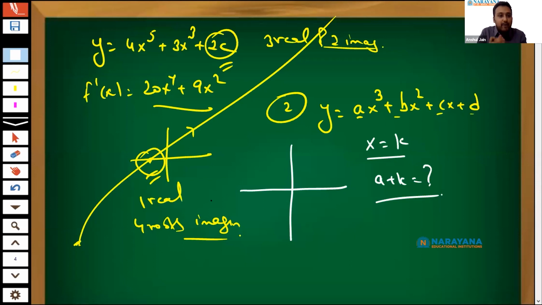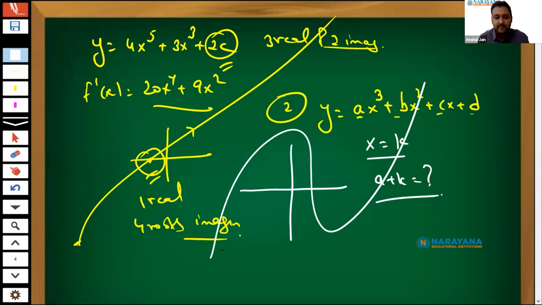It is a cubic polynomial. You know what the range will be. So I'll ask Sumit, don't answer it, just nod if you think I'm right. It is a cubic polynomial, so I'll say the range will be R. It will yield all real values, right? Yes. So it will go from minus infinity to infinity.